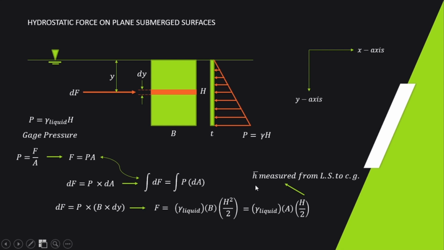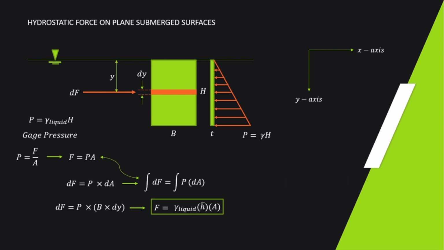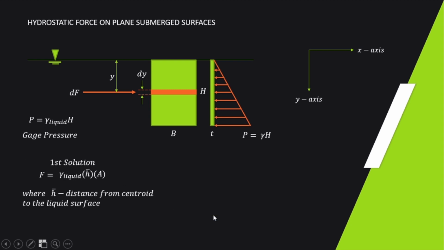Pero not all the time yung H bar is H hubs kasi nag-iiba din yung shape natin and yung mga times din na yung plate natin hindi naka-flush sa water surface natin. So for this example, we can derive our formula for our plate na yung hydrostatic force acting on that plate is equal to the unit weight of the liquid times H bar times A, or the area of our plate. So, let's say this is the first solution. And tatandaan nyo, yung H bar nga, this is the distance from the centroid of the area to the liquid